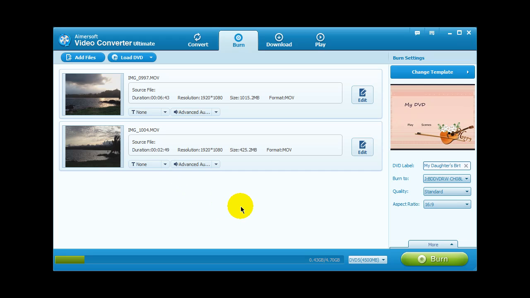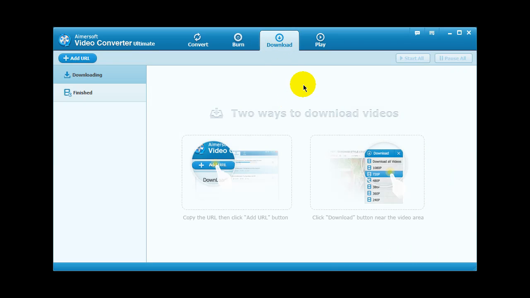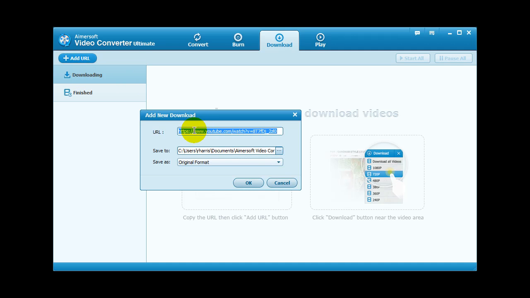So let's move on to the next tab here called Download. Download allows you to download YouTube videos and convert them. So the way that works is that you actually go to a YouTube website and find a video that you like, or videos, and I'm going to pick one by Mr. Bugs Bunny here, and you simply just copy and paste the YouTube URL by clicking on Add URL, paste it here,